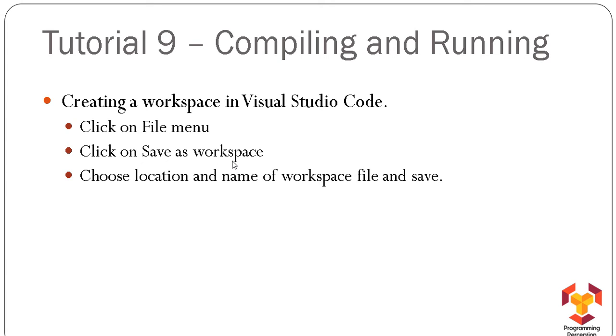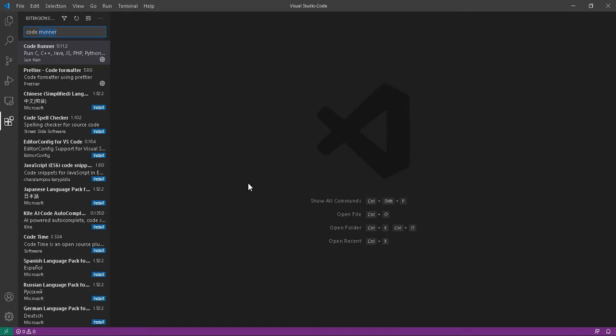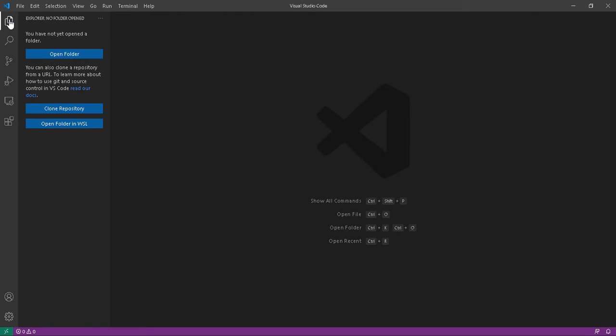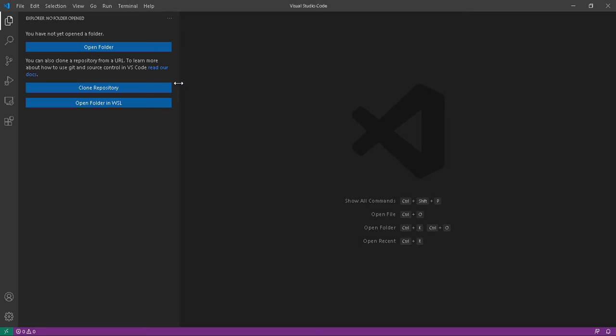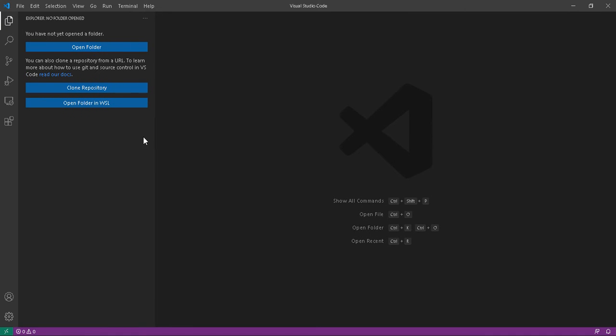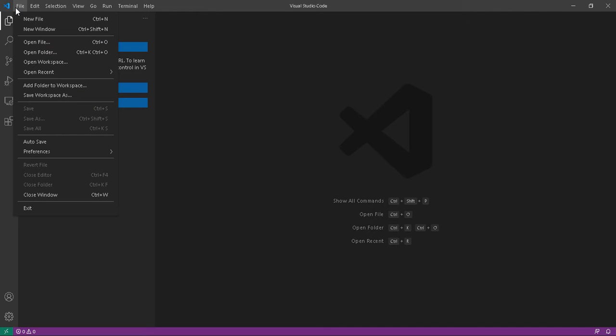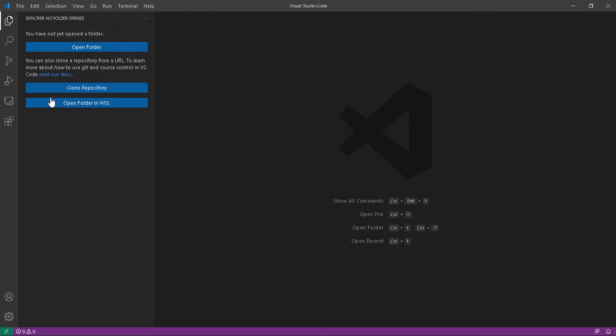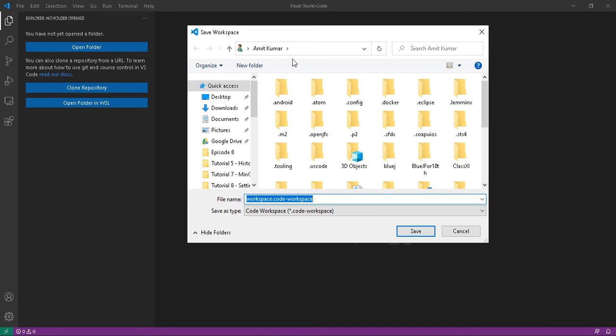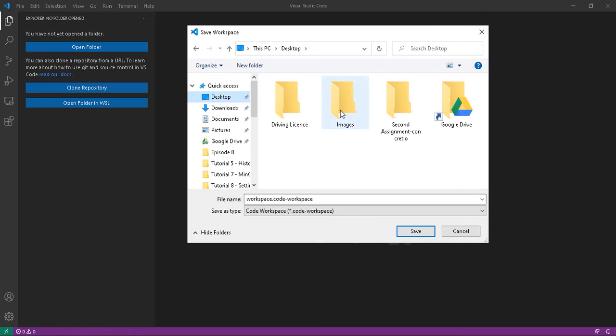So, let's do that. Let's open our Visual Studio Code and here you can see we have installed the extensions. Now, we will come back to this Explorer option, and here in the Explorer option, you can see your folder, your projects, your files, whatsoever you have created. First of all, we need to create a workspace. So I will go to the File menu, click on Save Workspace As, and I'm going to save this workspace on my desktop.